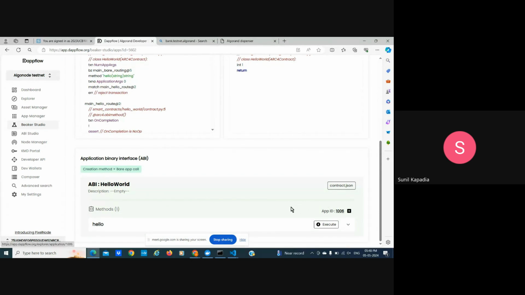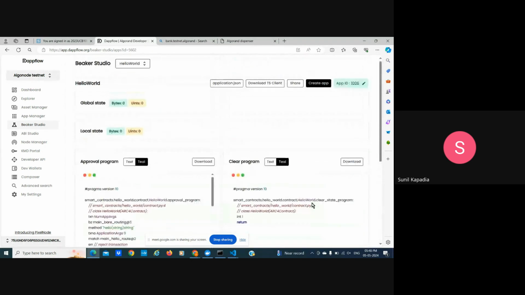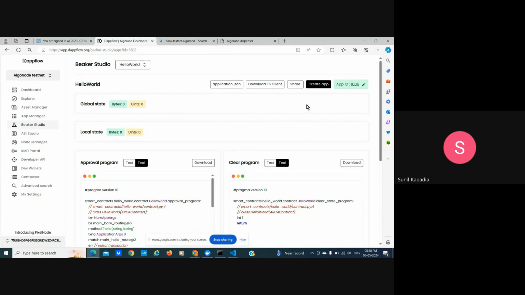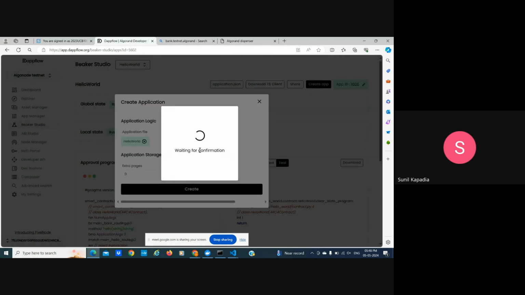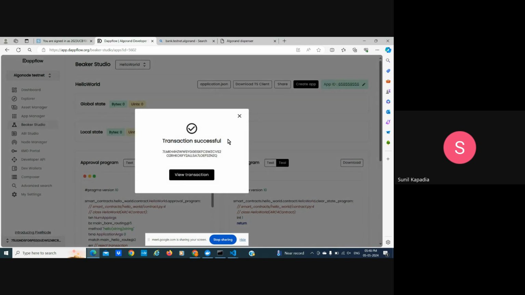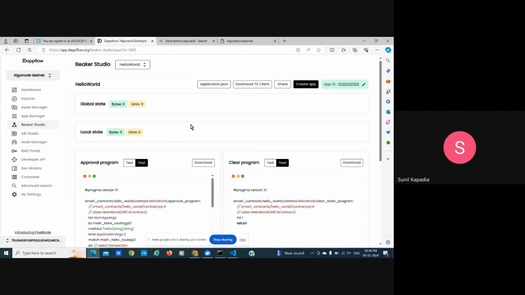So just scroll up and click that button, create app. So now create. This will create an app on the test network, not on the sandbox level now. So now we are moving out of your machine. Close this window. And you can see on the right hand side, the app ID is a bigger number now, a much bigger number. So now you are talking to the millions of developers across the globe who are working on Algorand, right? So now scroll down